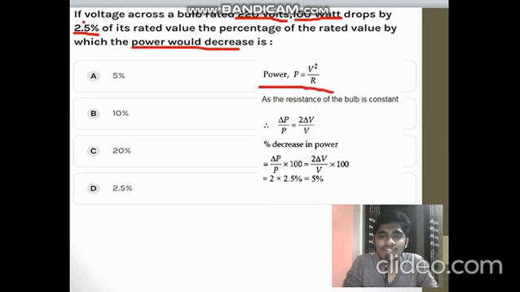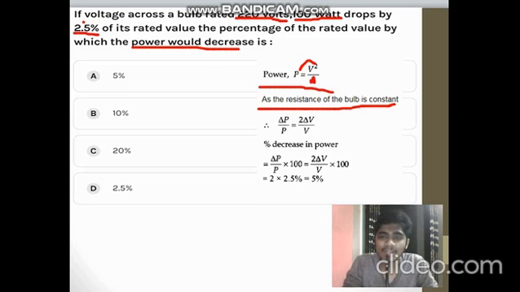So we know this general formula. In general, P = VI. As per Ohm's law, this modification has been done: P = V^2/R. Resistance is always constant for a bulb. So as the resistance of the bulb is constant, ΔP/P = 2 ΔV/V, because R disappears as it's constant. The 2 comes forward. As I told you earlier, when we want to find errors, we have to bring the powers to the front and multiply by the relative error given in the question. So ΔP/P = 2 ΔV/V.